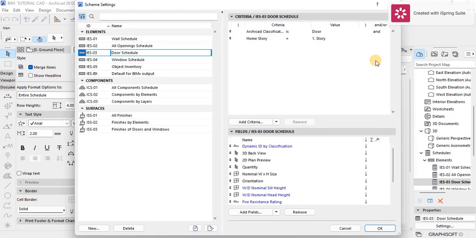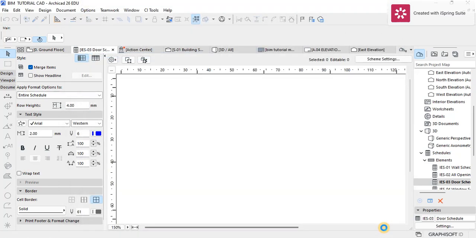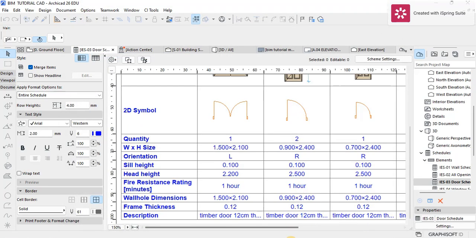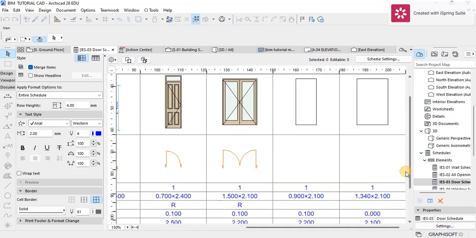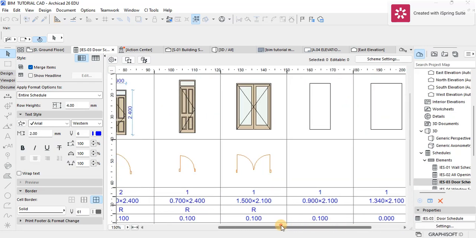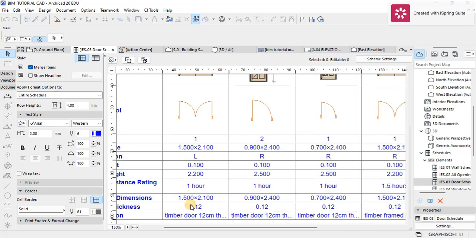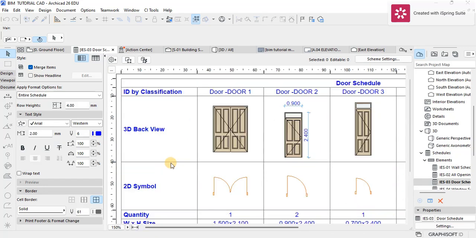So for now we just want the whole thing because it's a small project, so I'm just going to remove it, and then I'm going to press OK. So that done, now we are actually complete. Our door schedule is complete, our simple door schedule, and you can actually do a more complex one than this in terms of the assembly details and things like that, but